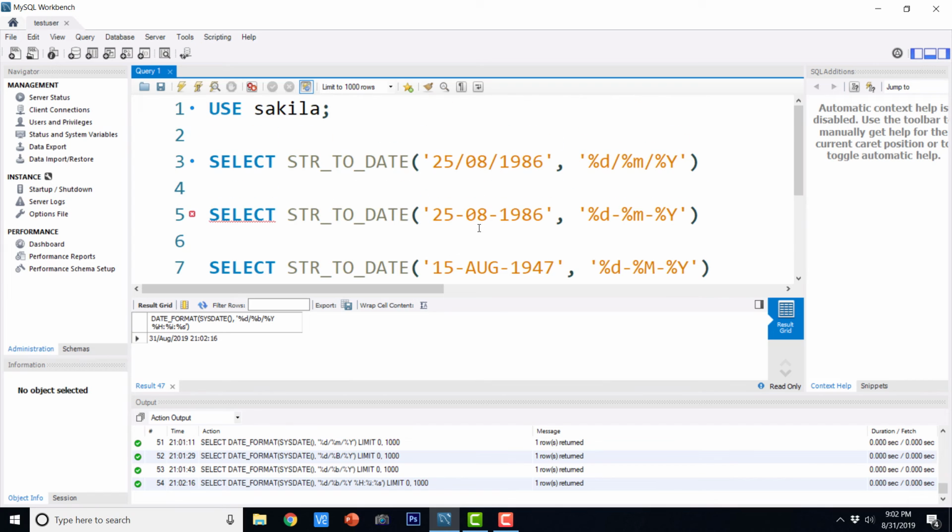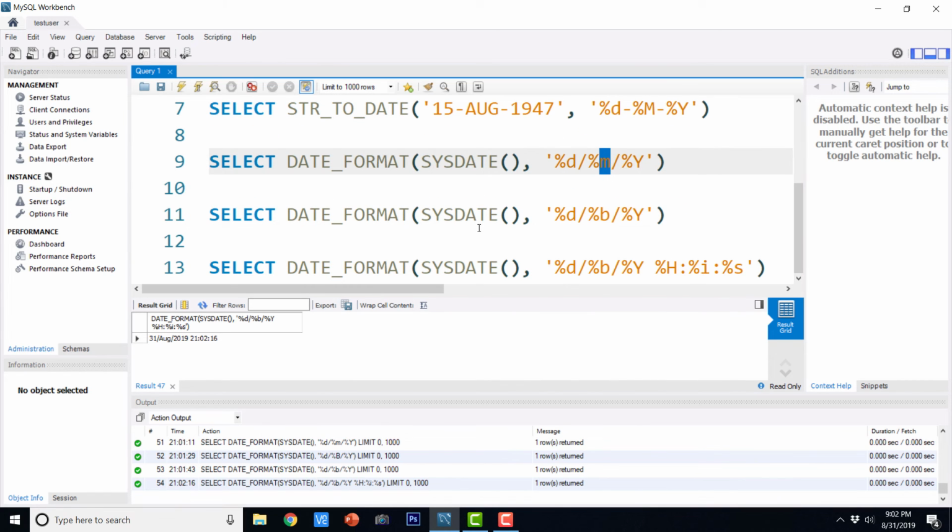So in this video lecture, we saw STR_TO_DATE and DATE_FORMAT functions that convert datetime into strings and strings into datetime. So I want you to go ahead and practice these two functions more and try to use different formats in order to increase your understanding about the datetime data type in SQL and how we can format them for our advantage, because your end application might require the datetime in a different format than it is stored in the computer.